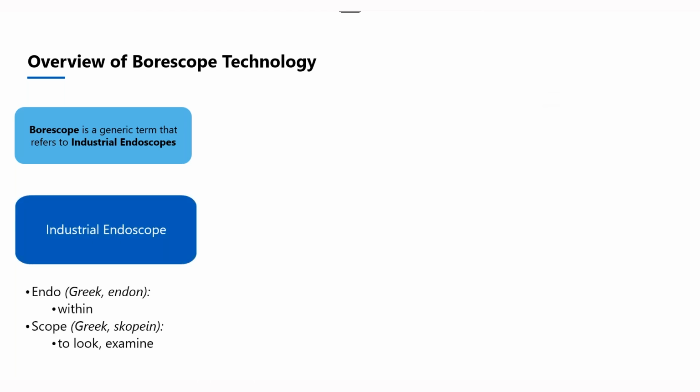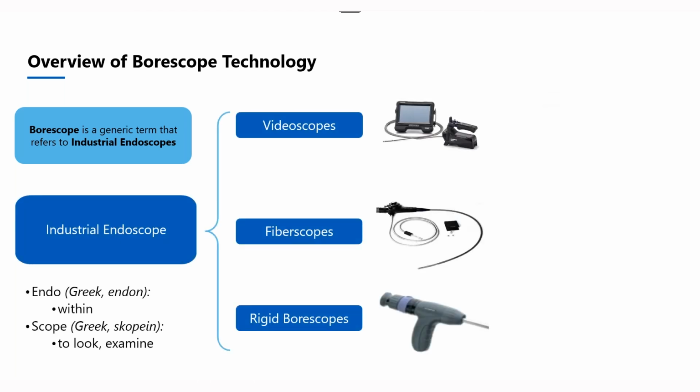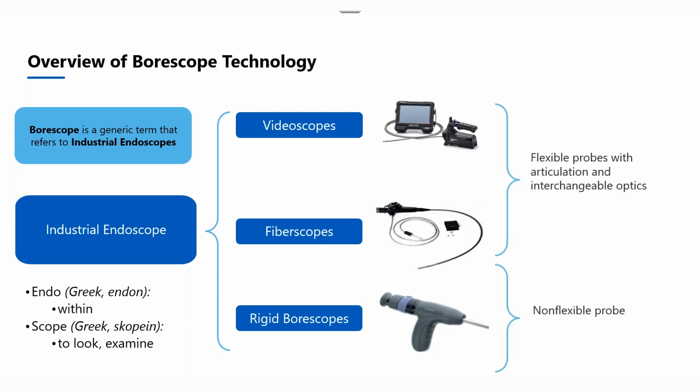So borescope is a generic term for industrial endoscopes. Right? So there are different types of borescopes, different types of endoscopes. Generally, we classify them between rigid borescopes, fiberscopes, and videoscopes. And the main difference between them is the rigid borescopes, as the name already says, has a